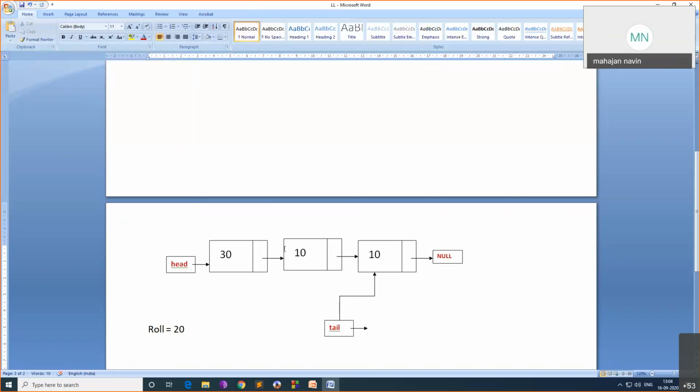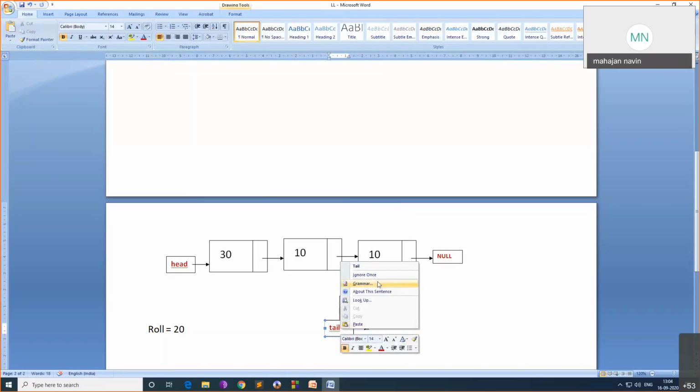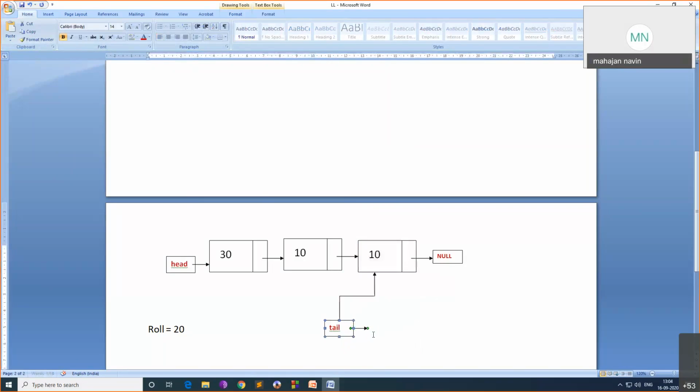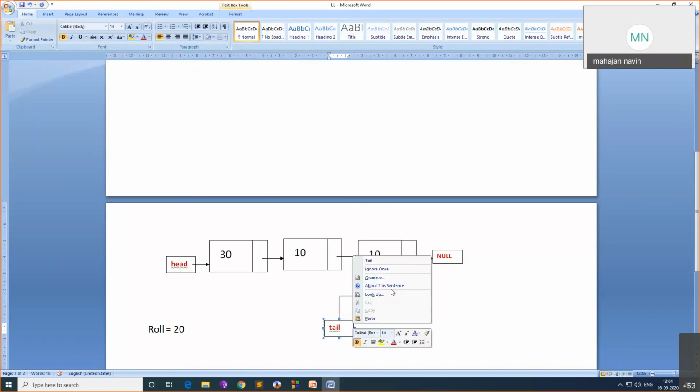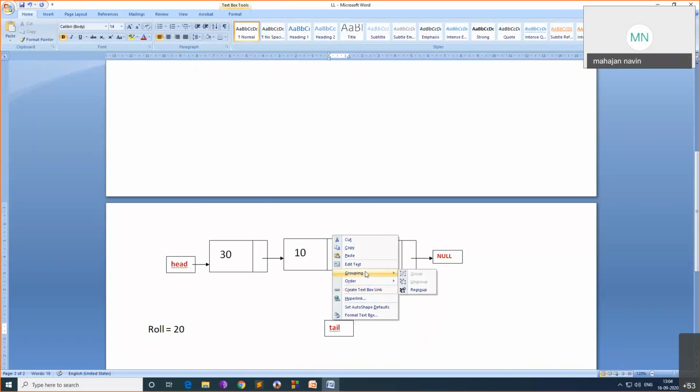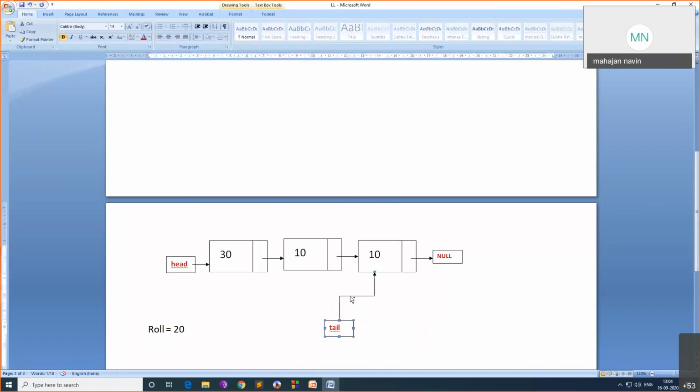You consider this as the initial thing. Now we have three nodes in the queue, and suppose you want to insert a new node.